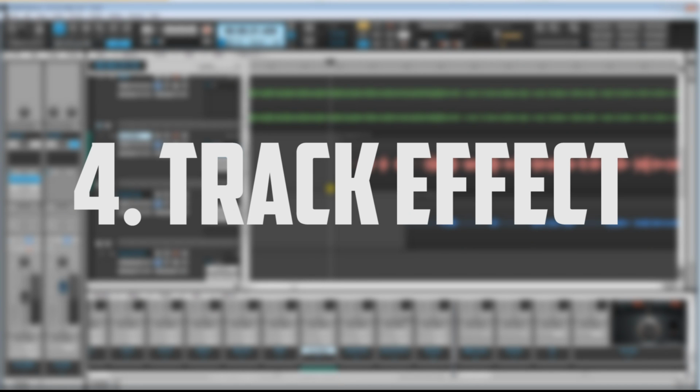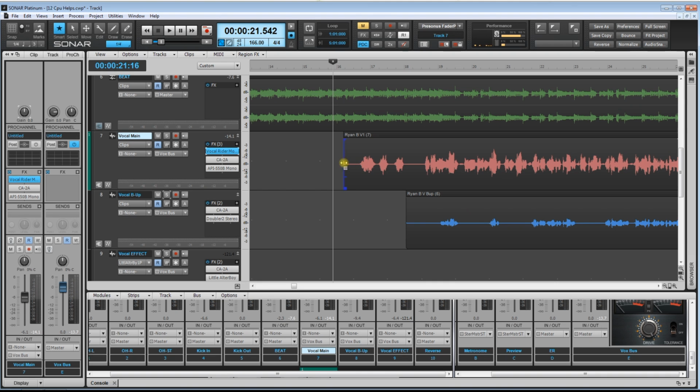Okay, so the fourth thing you can do is you can actually take an audio plugin and put it on an audio file. This way, instead of having to create an extra track for maybe vocal effects or something, you can keep it all on one track and just minimize the amount of plugins that you're going to use. So for example, right here,